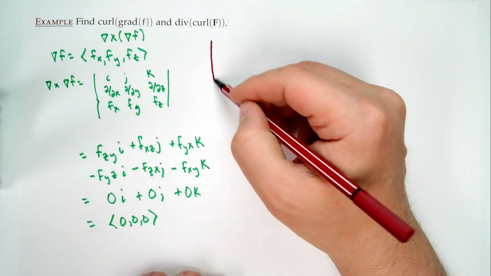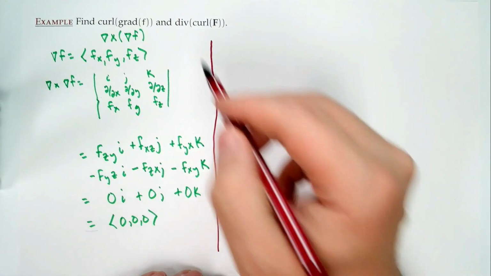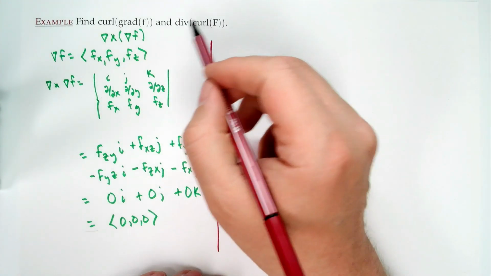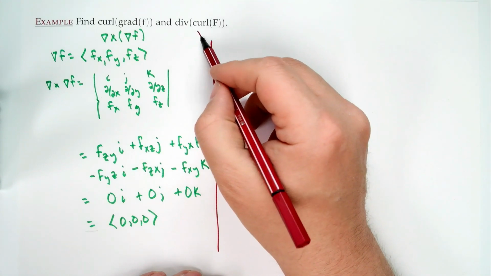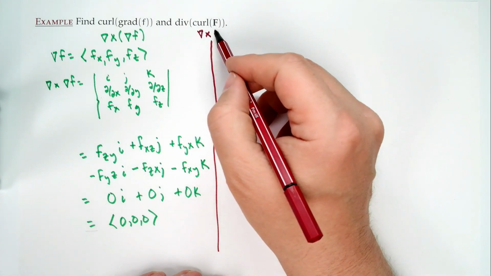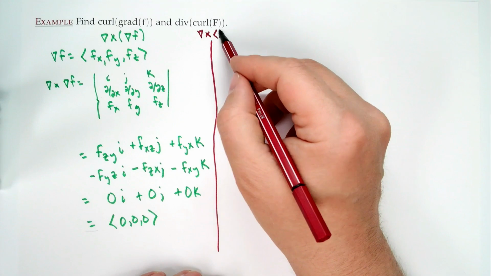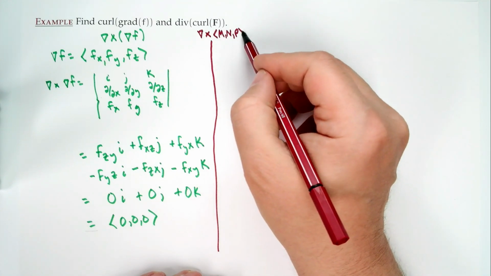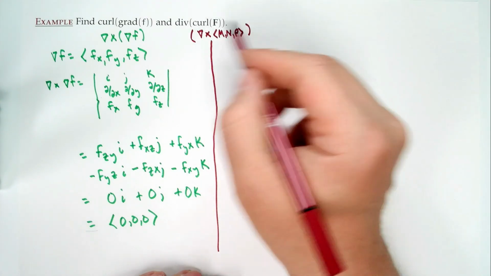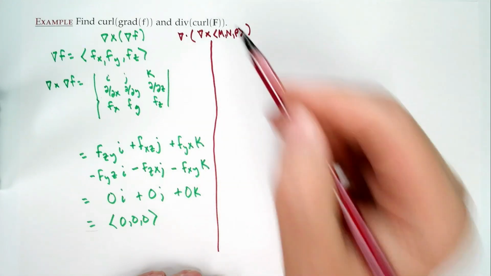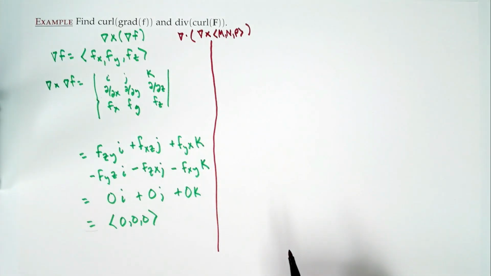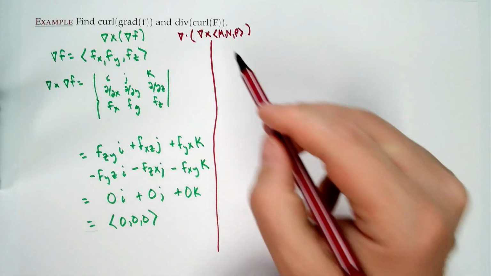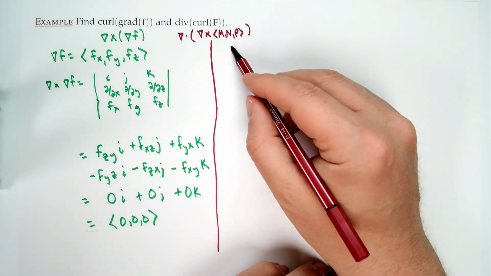Now, let's switch gears. Divergence of curl. So, what's curl? Del cross our f. So our f, m, n, and p. And now, what's divergence? Del dot. Cool. We can do that. Yeah, sure, no problem. Okay, so what are we going to get? Well, let's work it through. So first off, let's do del